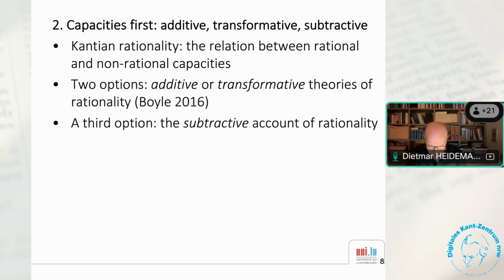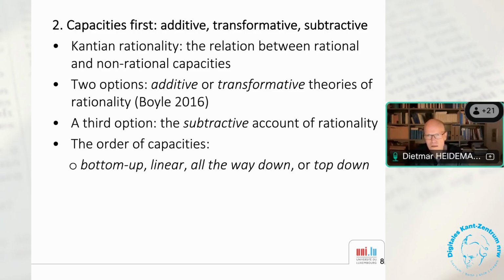To better grasp this specific idea, we should look into the order and relation between rational and non-rational capacities, in terms of what options we have with respect to the proposals that have been made. And what I mean is this. In principle, when it comes to rational and non-rational capacities and their relation, we can work with a bottom-up approach, a linear approach, an all-the-way-down approach, or a top-down approach. In the following sense,